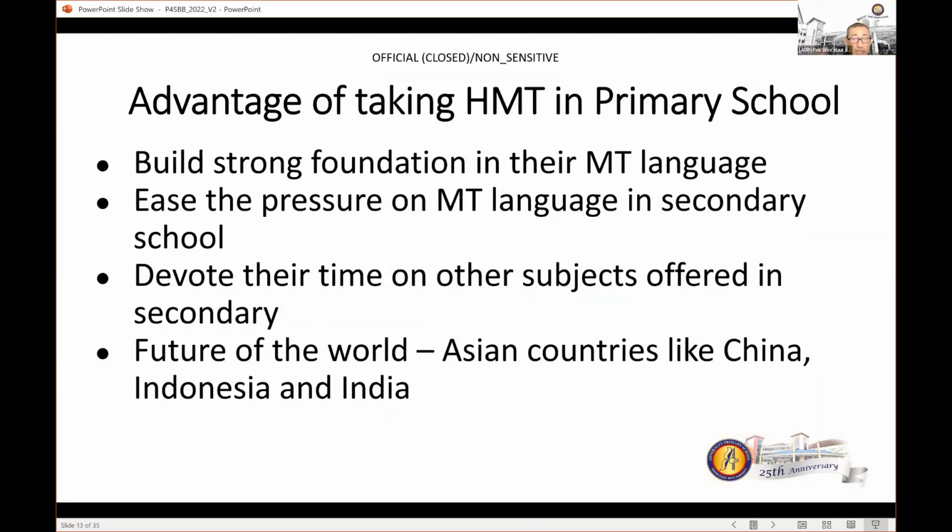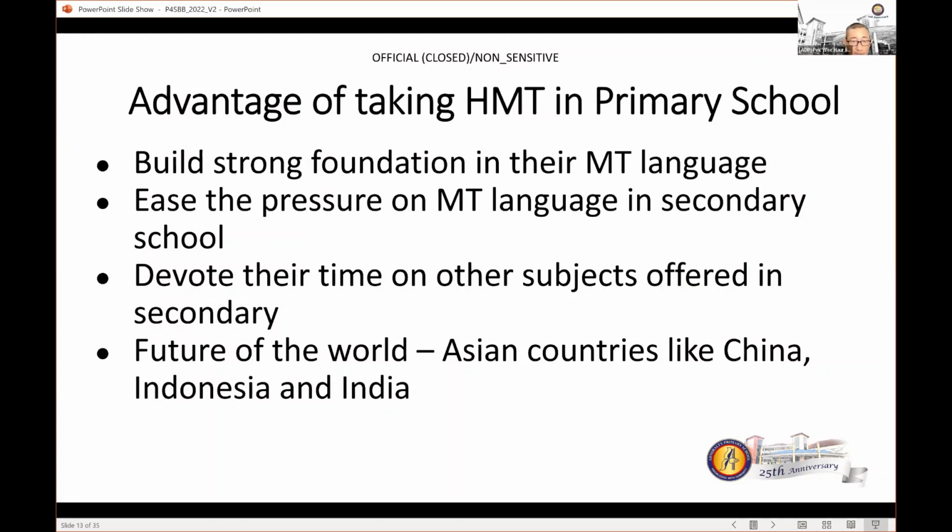All right, so these are reasons that I've mentioned before. These are just in words, but let me further elaborate on the last point. We talk about getting our children to focus on pushing their language capability to a higher level if they have that kind of inclination. Why is that important? Our mother tongue languages,